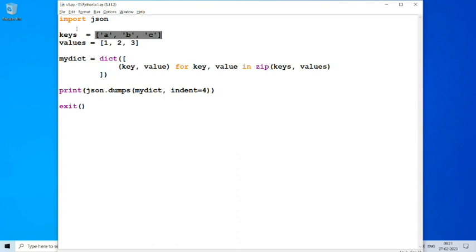These are key values, so we are storing them in a variable called keys. It could be anything, so the variable name can be anything. And the values will be in values, a list of values. So we are opening a comprehension here, a list comprehension here, with a for loop